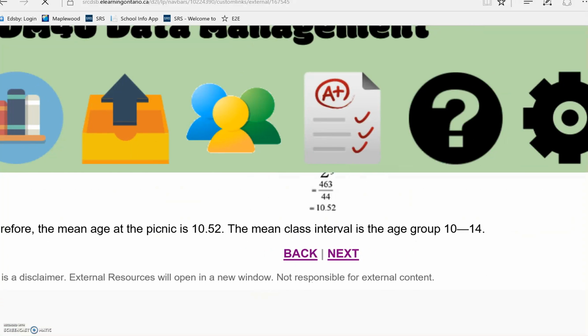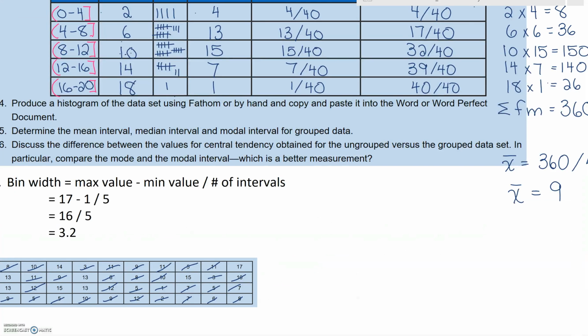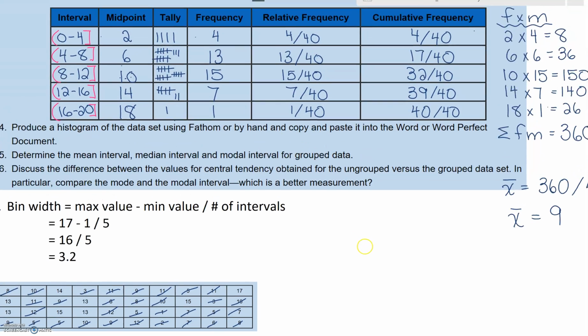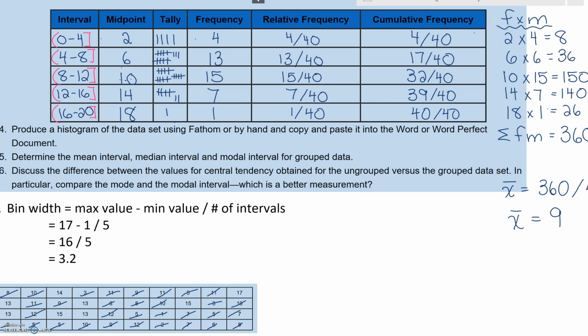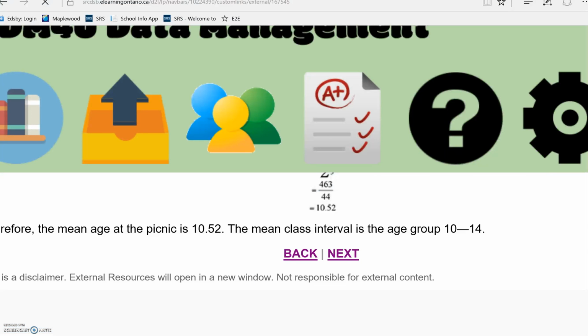The mean class interval, what are they asking for? Determine the mean interval. Okay, so the mean interval here is you need the mean first. So we just did the mean, which is 9. And in which interval do you see that happening? The third one? Yeah, so you say the mean interval is between 8 to 12. Okay. But you have to do all that work first. Okay, now for the median interval,